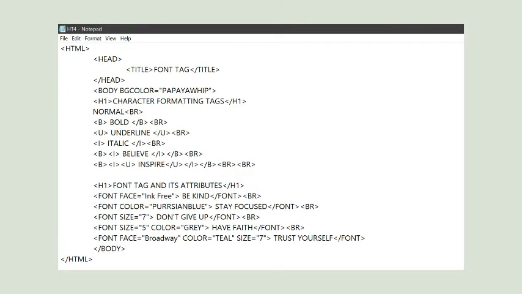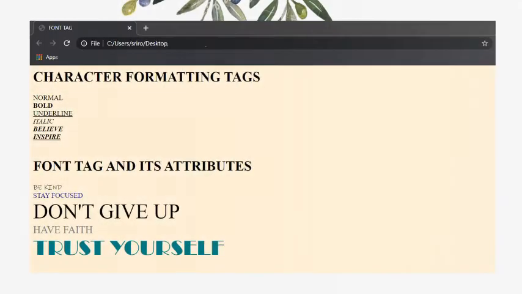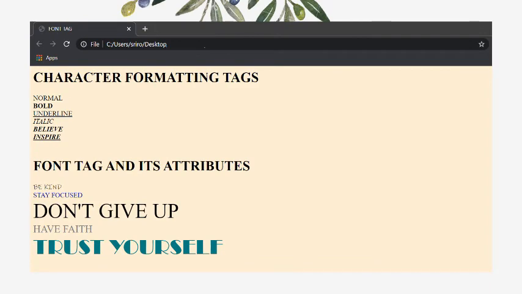We have learned about bold, italic, underline tags and different attributes of font tag. Here is a notepad to show you the uses of all these tags and attributes. With these tags, H1 is also used here for main heading and BR is used to start a new line. And this HTML source code will design the web page like this.